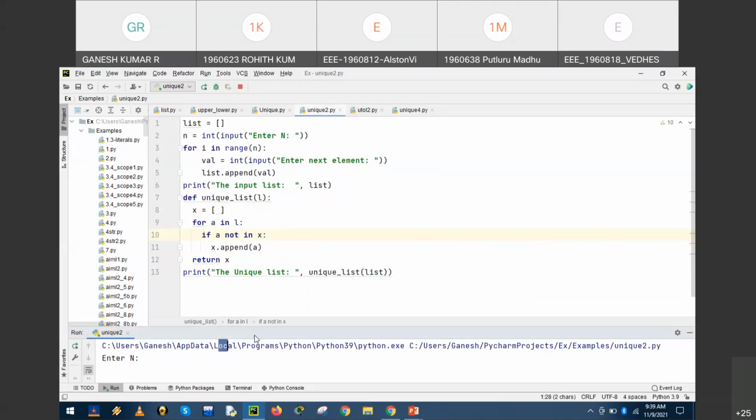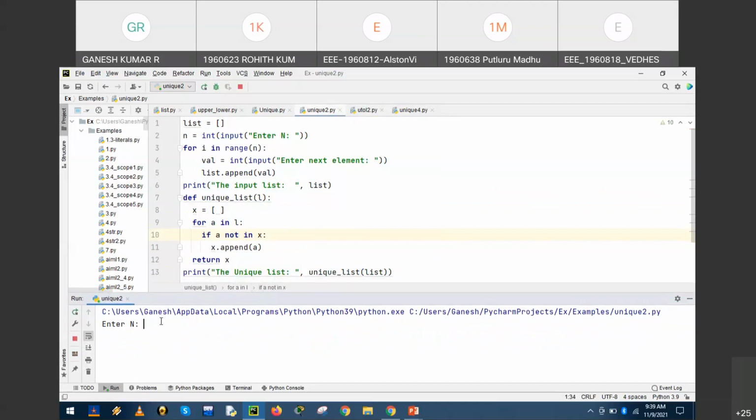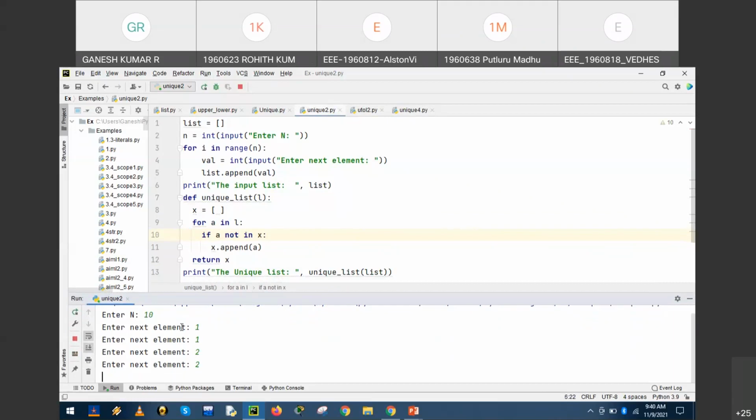Enter n. In the previous example we had only 7 values. Now let us have 10 inputs. Enter the elements: 1, 1, 2, 2, 3, 3, 3.